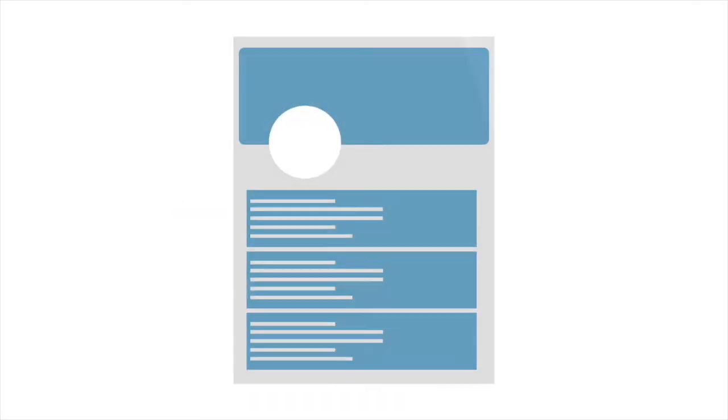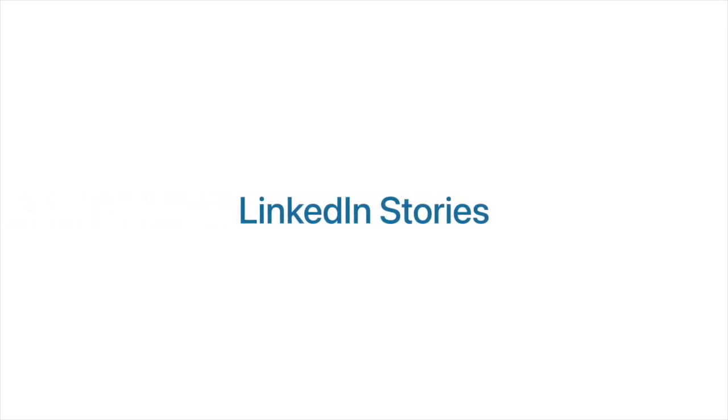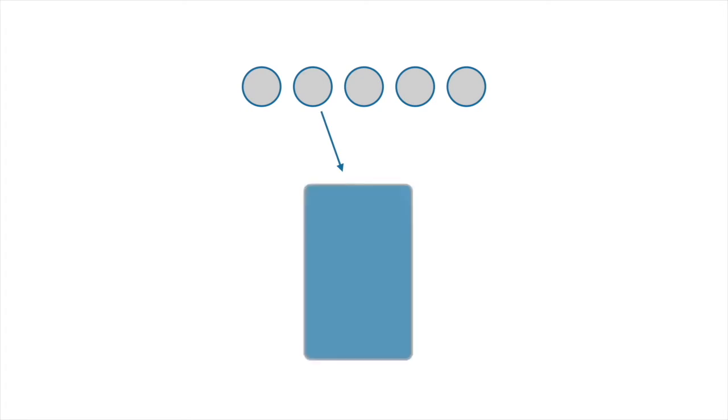For company page profile picture, LinkedIn suggests 300 by 300 pixels. The cover image should be 1128 by 191 pixels. LinkedIn is not an exception for stories. Just like the other platforms, 9:16 is the ideal aspect ratio for LinkedIn stories.